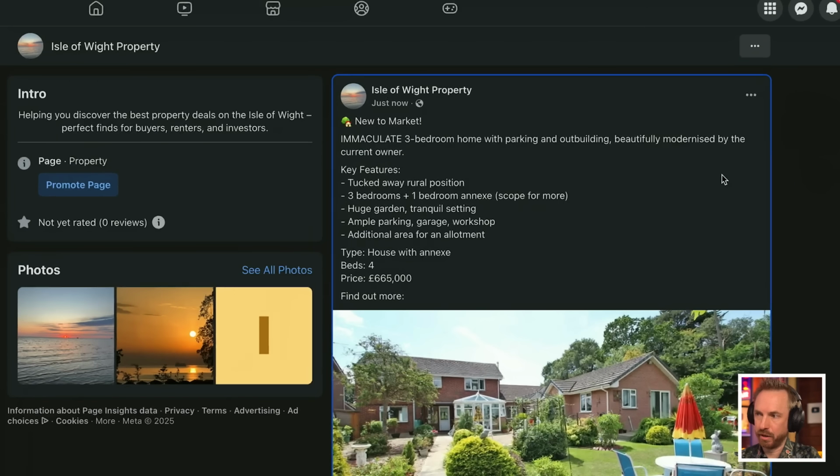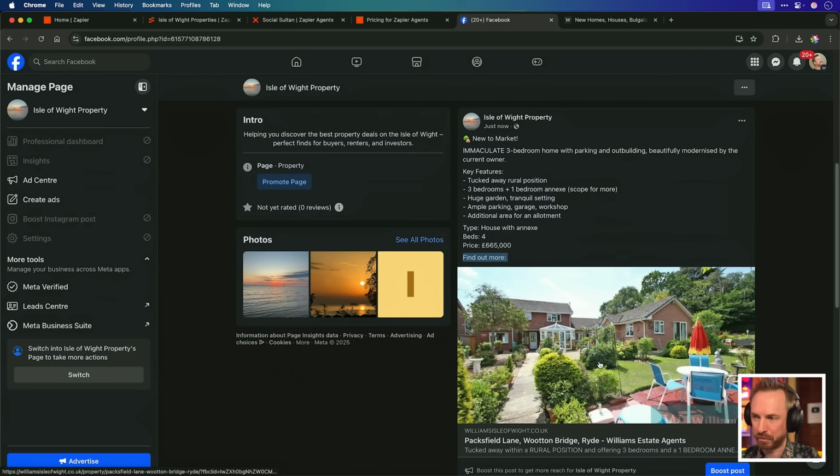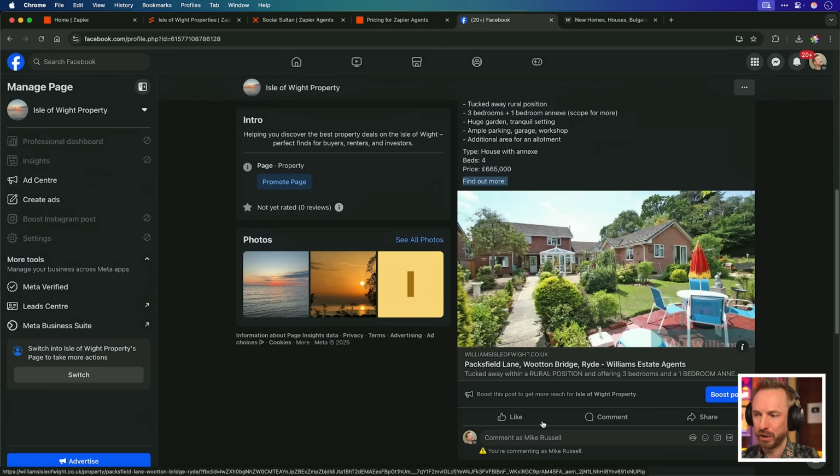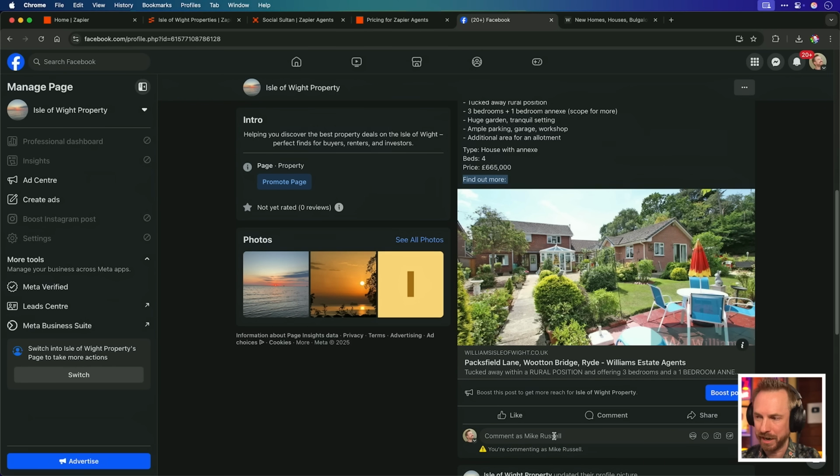Now, this is absolutely fantastic and I love it, but sometimes the Facebook algorithm doesn't love it when you make a post with a link. So it would be nicer to just post this with, say, a photo of the property and then post as the first comment, maybe after a period of time, a link to check out the property. This would be a great way to manage your social media and get maximum impact from posting to a Facebook